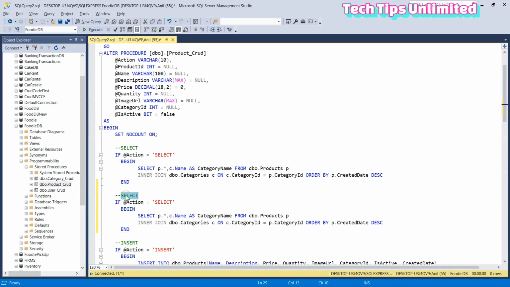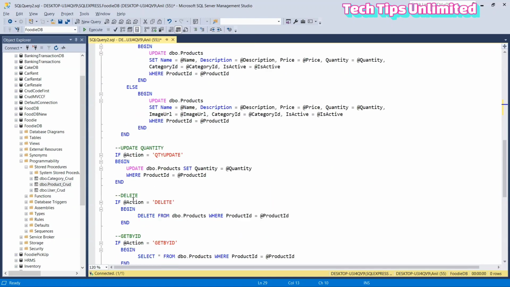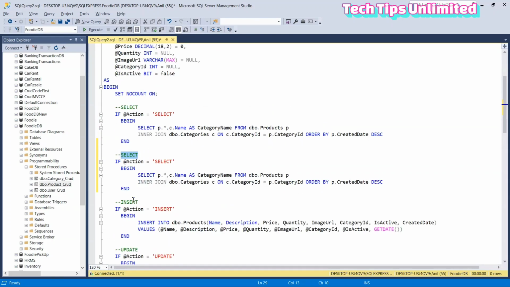Here we want the active product. So let's change the name here. The first one is a comment, for understanding which action we are taking here. The actual action name is here. So we're going to take here